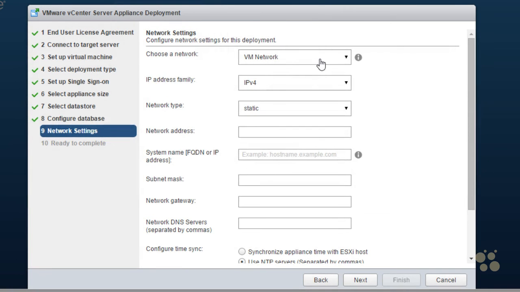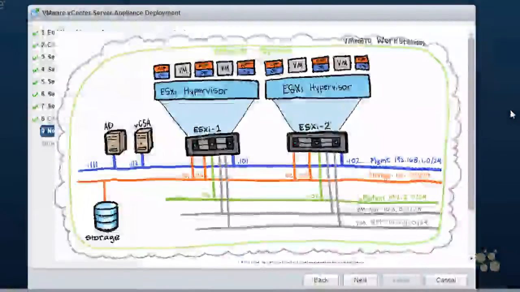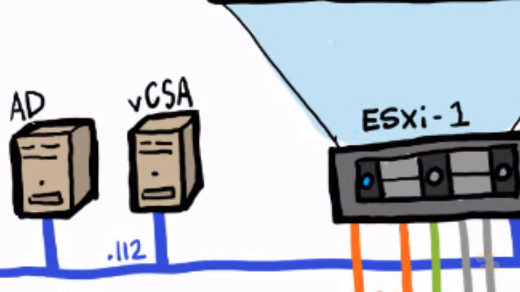Next, it's asking us for this virtual machine, for this vCenter server appliance, what network do you want to put this vCenter server appliance in? And by default, we've got one network that's being created and provided by our ESXi host. And that is a network that came by default called VM Network. It's our only choice here, so we'll select it. IP address family is IPv4. We'll select that. Network type is DHCP or static. We'll select static. And now we're going to specify the IP address that we want to use for this vCenter server appliance, which is